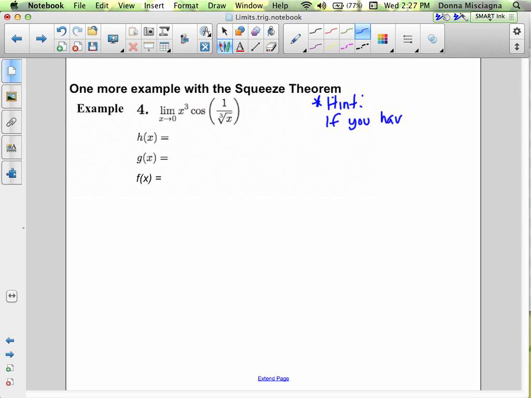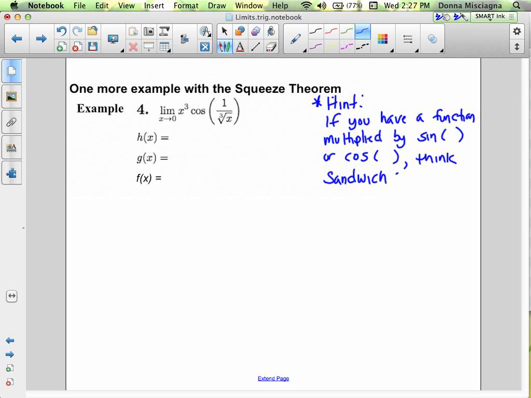if you have a function multiplied by sine blop or a cosine blop, think sandwich, squeeze theorem, because